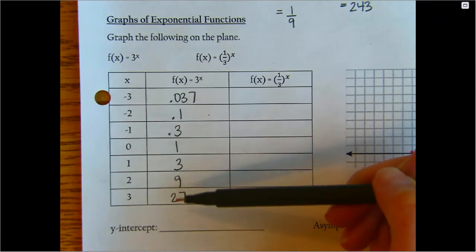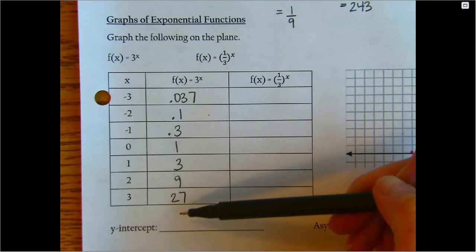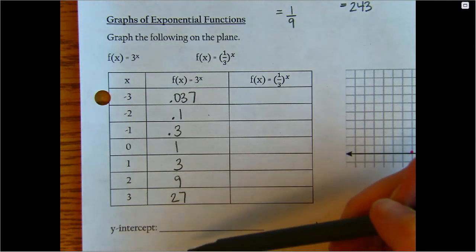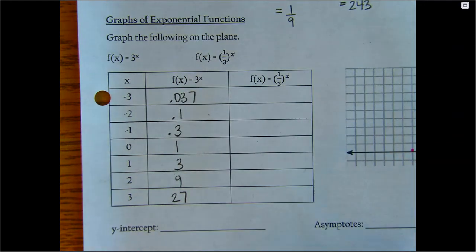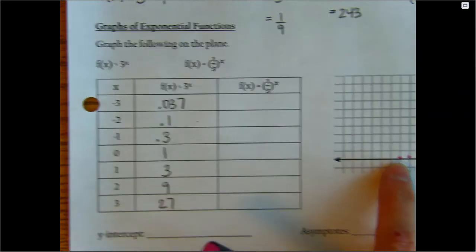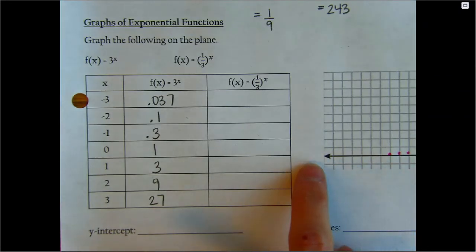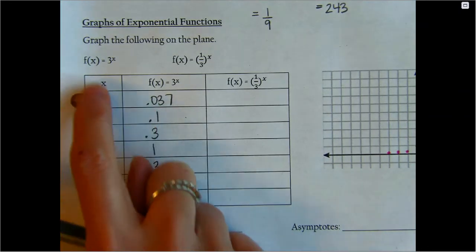So the next y value would be, what, 81. Then I would take 81 times 3. Then I would take that times 3. So my y values are growing very, very quickly. In terms of what would happen if I go to the left over here, well, even though these exponents